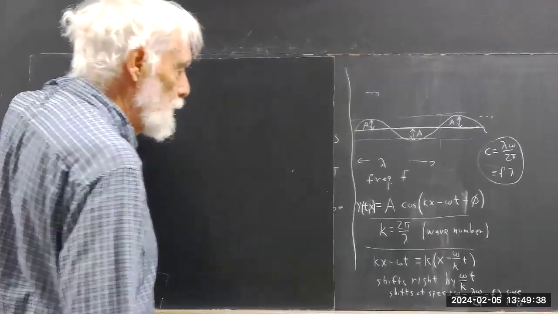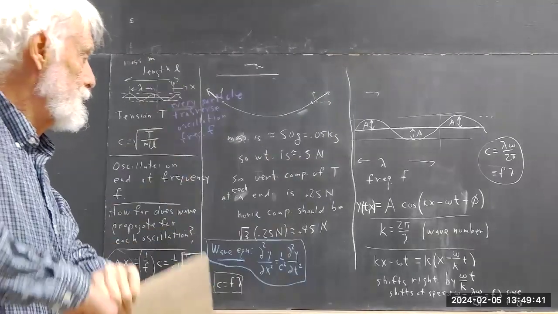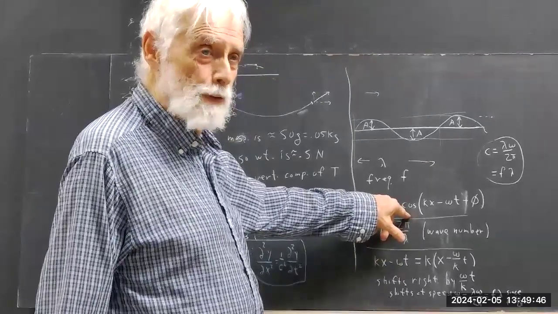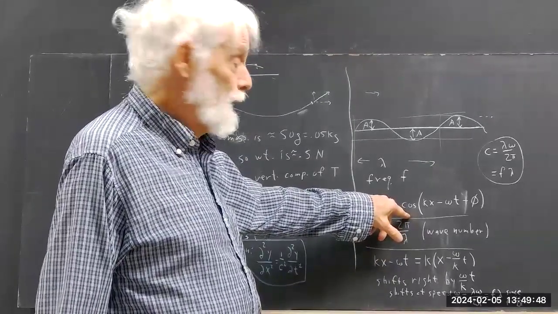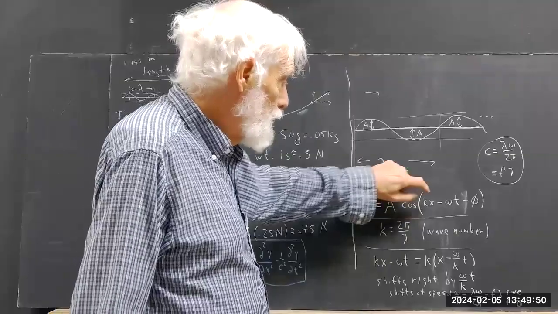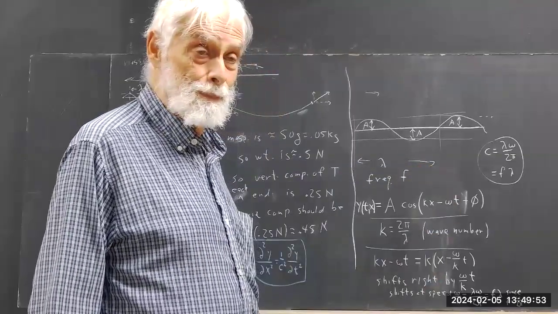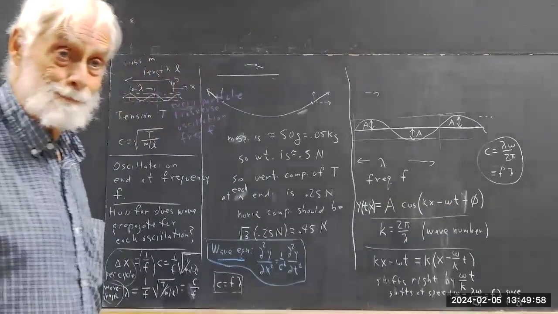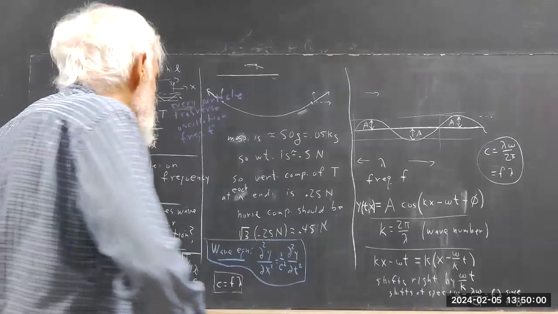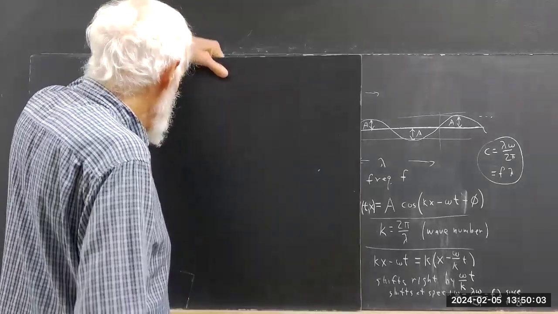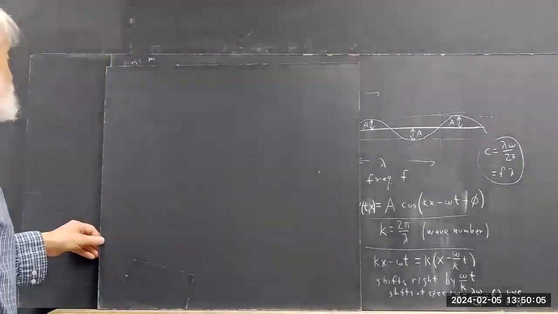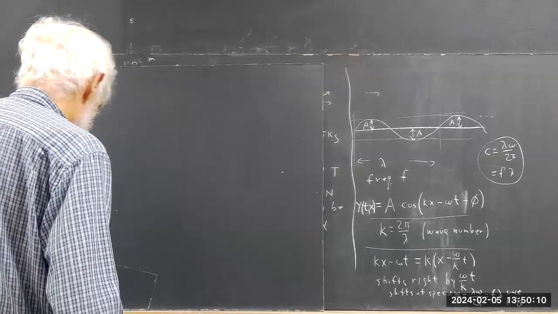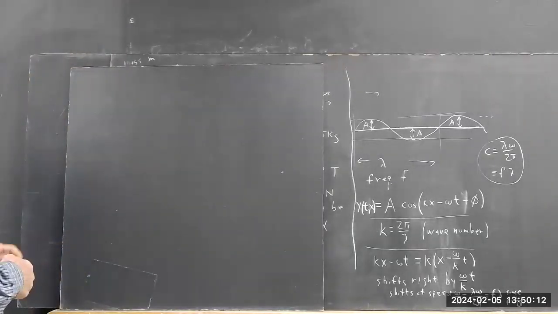The other thing I'm going to mention is it doesn't make a bit of difference that we have a cosine here. If this is any function f of kx minus omega t, the same thing's going to happen. So it doesn't have to be a sine wave or cosine wave. However, that's what we're going to confine our attention to since we're doing a fairly brief survey. Okay, so